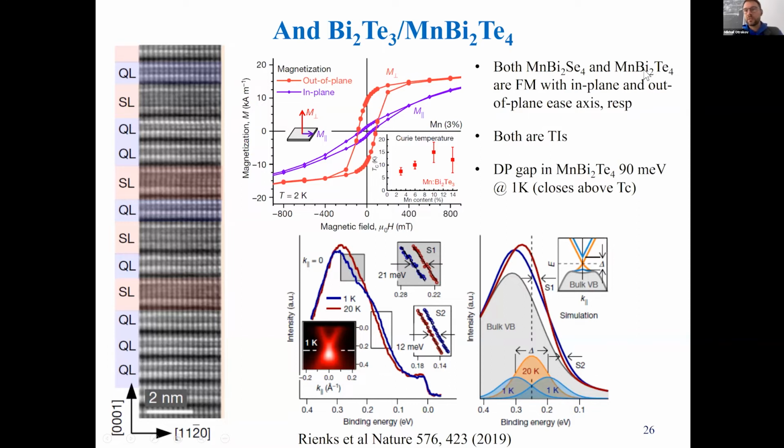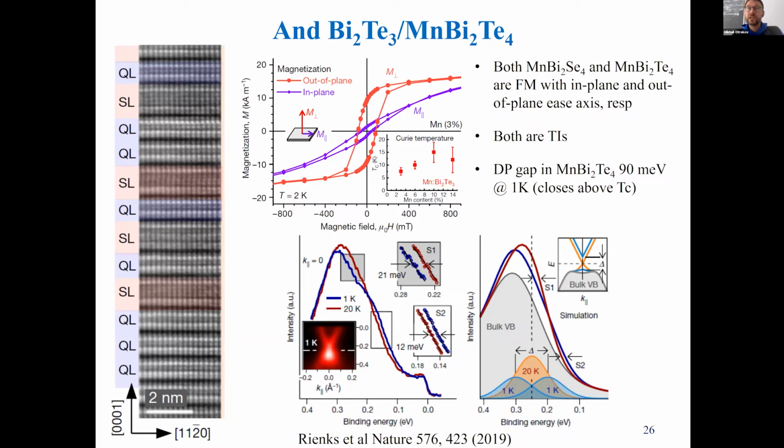The telluride case appeared to be much more interesting because it has an out-of-plane easy axis. By the way, both heterostructures were found to show ferromagnetic properties. This is the telluride case. You see that the hysteresis for the out-of-plane direction of the magnetization is much more pronounced, out-of-plane field direction, sorry. Both systems were found to be TIs, at least in the sense that there was a Dirac cone measured